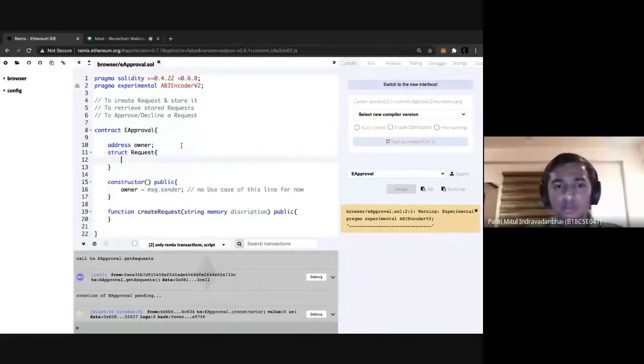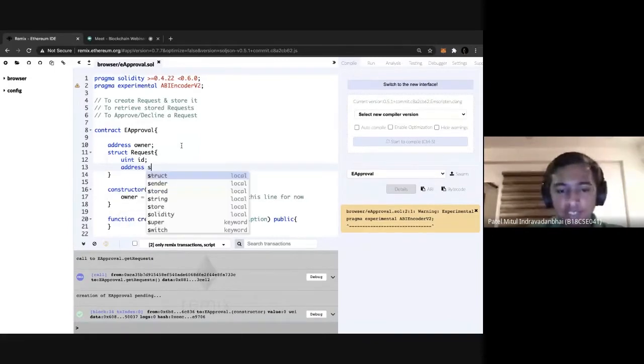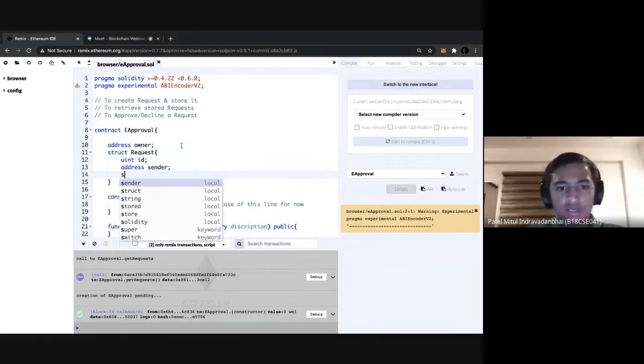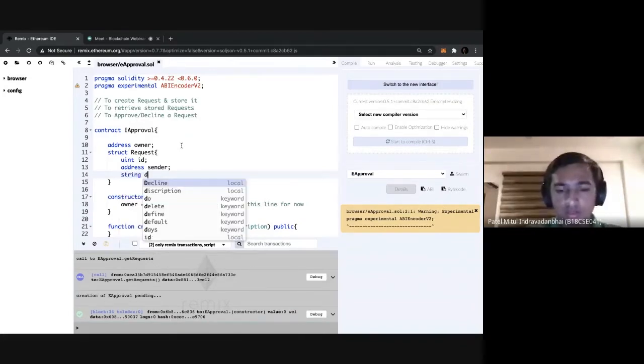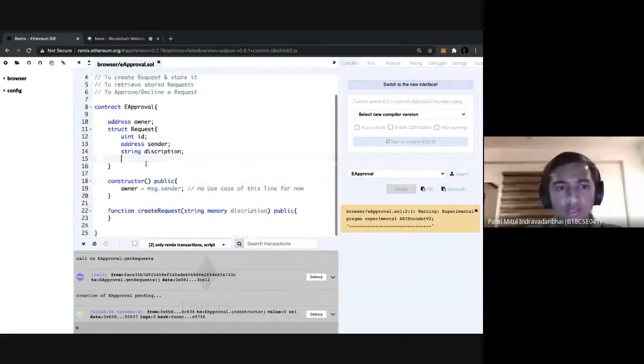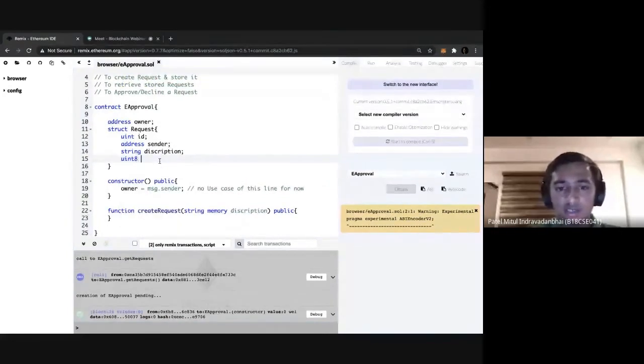I've thought of a request which has 4 parameters: an integer ID, then sender, description, and status. Basically, I'm keeping 3 states of the request in mind,